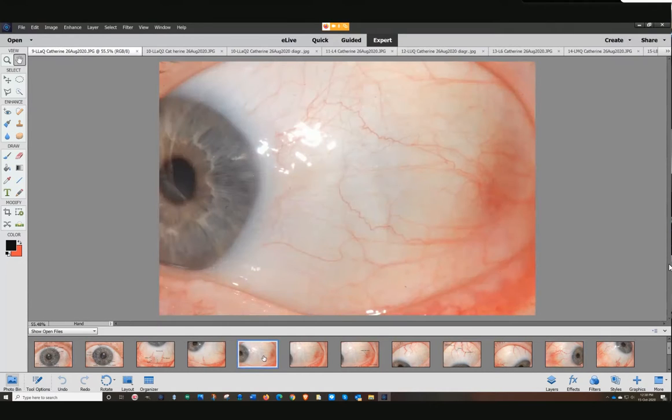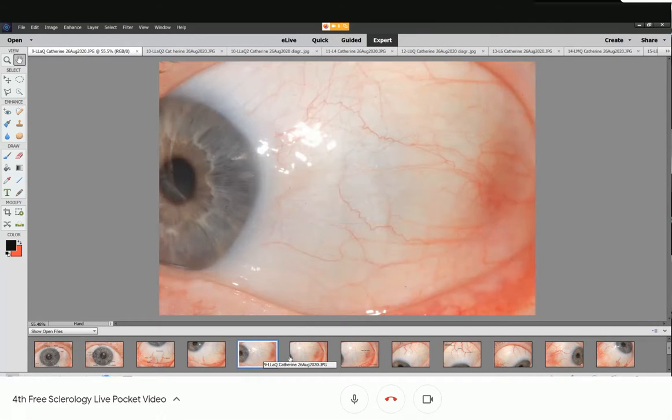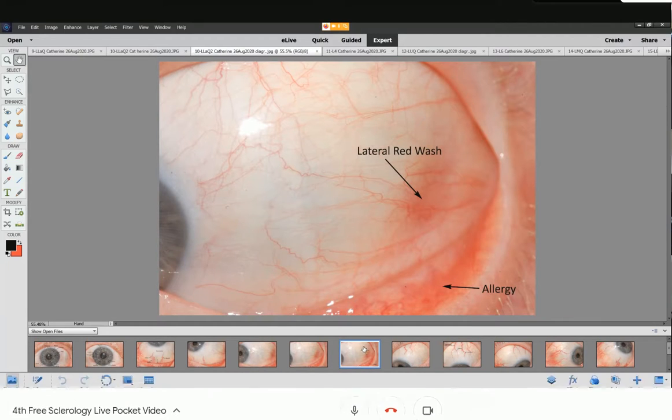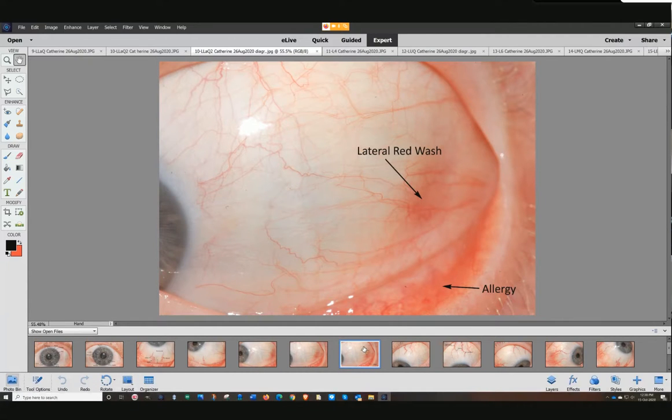Okay. Yeah, this one here, now you could go there and there. You see, I diagrammed the lateral red wash. And of course, there is heart disease in the family, the hypertension. Okay, you can also see the marker in the lower lid for allergy, that rich red there. So that could very well have been a result of the mold problem. Okay, and also in terms of the physical